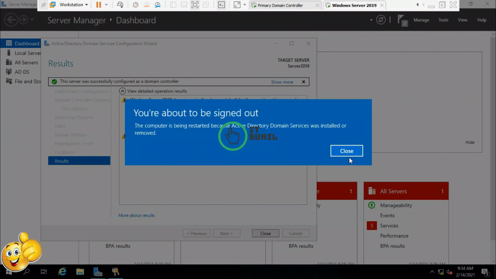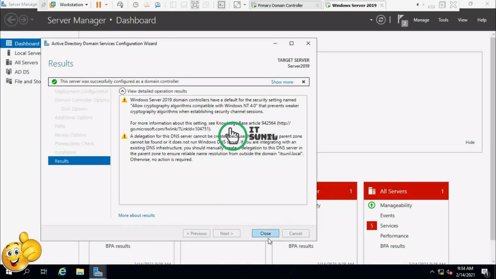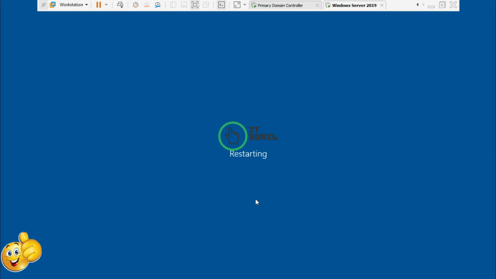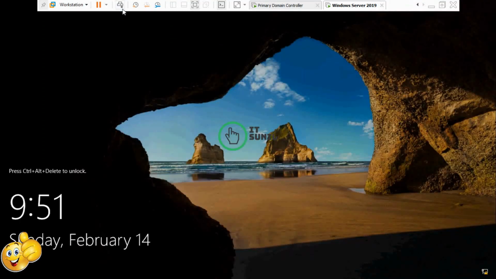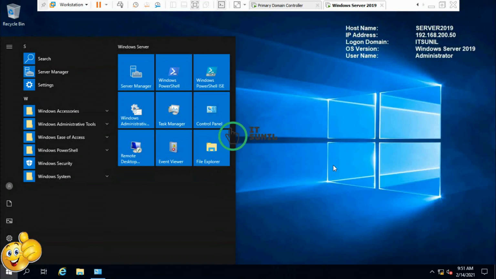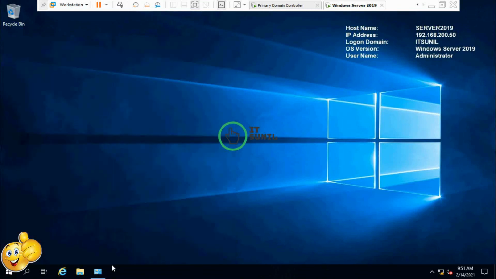Now I'm going to start my server. Click close and it is starting. Now log in to my domain controller. And let's check replication between both domain controllers.